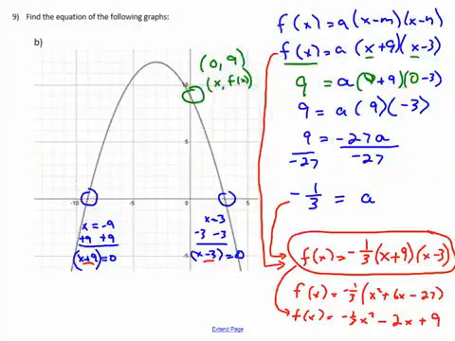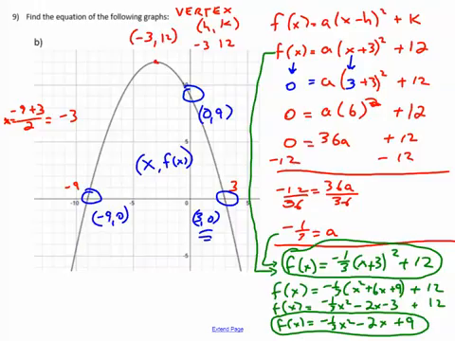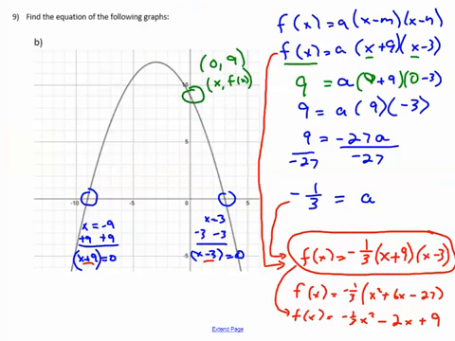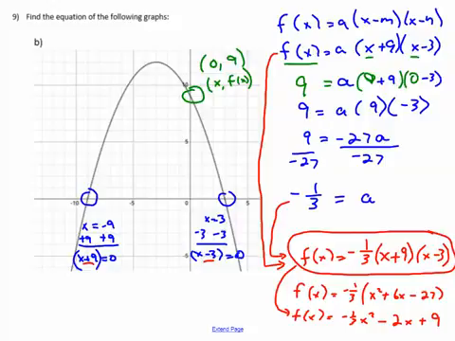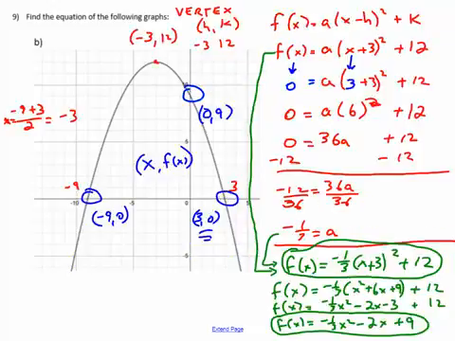Using both formats, I got to the same answer. F of x equals negative 1/3 x squared minus 2x plus 9. Sure enough, going either way, whether we use